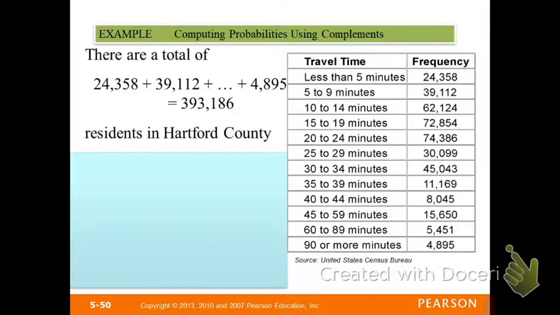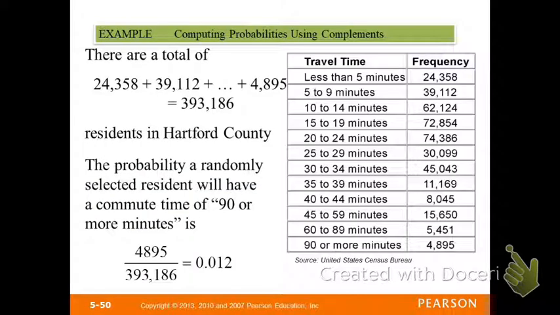And I think they're going to give us that value here. There's a total of 393,186 people in the county. And so the probability that a randomly selected resident will have a commute time of 90 or more minutes is 4,895 out of 393,186,